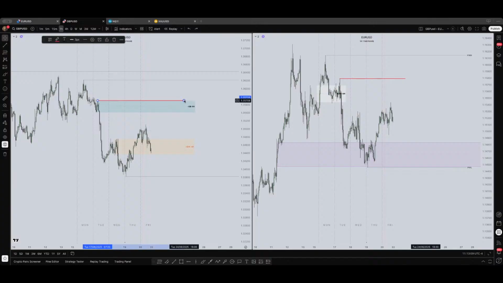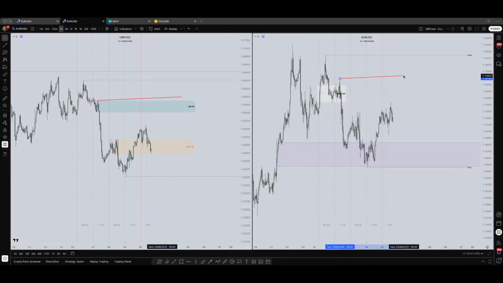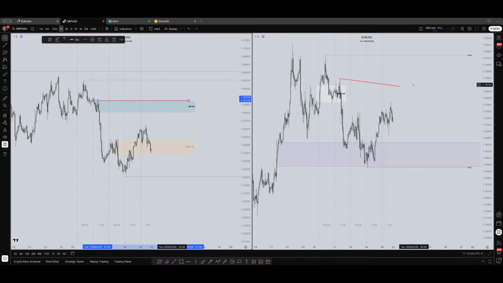Yes, this is just a hypothesis, but also something that can happen. So one of them will be a high, and one of them will be even a lower low. I mean lower high, lower low, higher high, or equal highs, higher high. So that's something you also keep in mind. Okay.